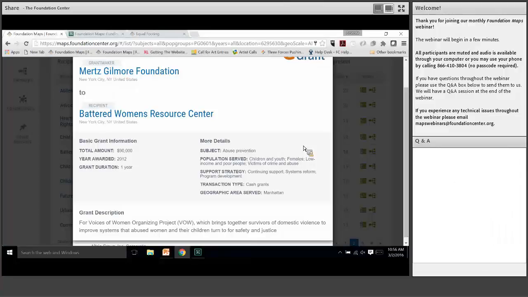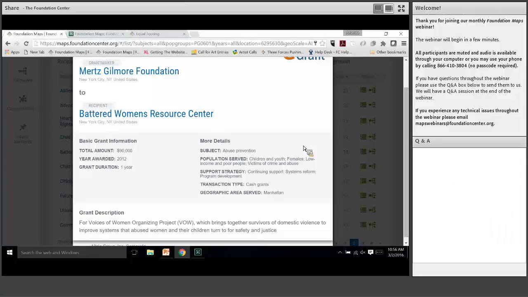Great. So another question is, can I only access this mapping platform by purchasing a subscription? Okay, good question. So no, that's not the only way you can access it. As I mentioned a little bit before, you can visit one of our over 470 funding information network partners. The way that you can find out who or where they are, they're usually libraries or universities or some nonprofits. If you go to our homepage,